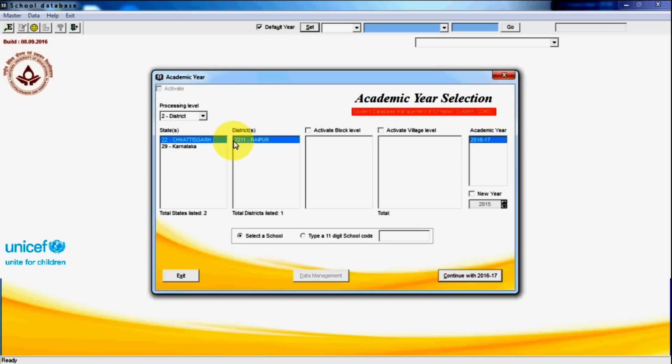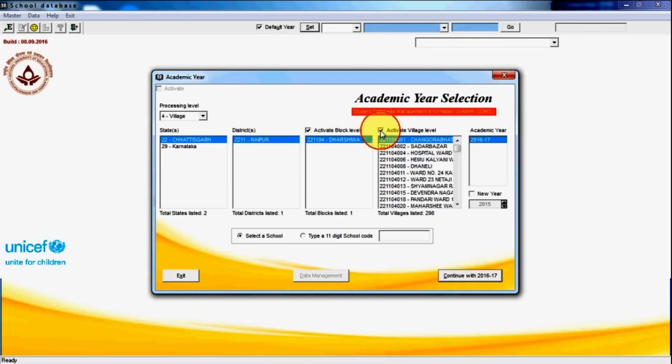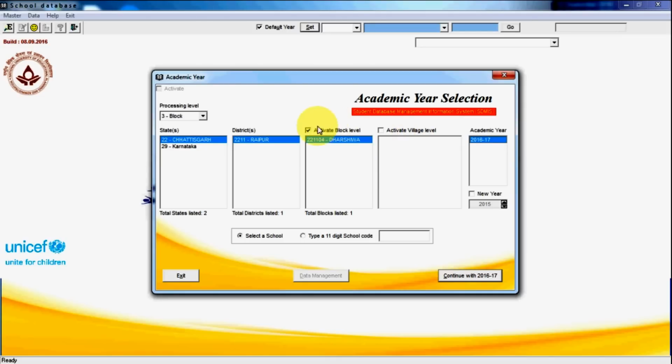You just click on the state or district. If you want to activate the data for a particular block, select a block. If you want to enter the data, select the village for which you want to enter the data. Otherwise, you can also enter the data for a complete block, complete village, complete school, complete structure.